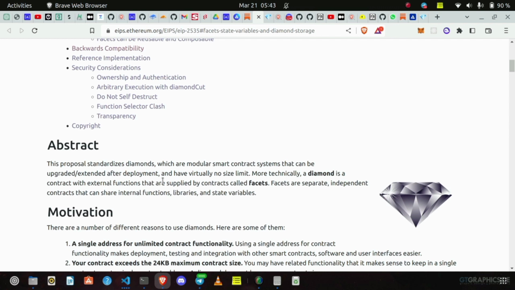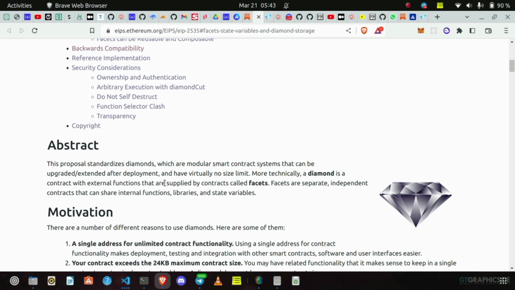You know that the first thing they teach you is that all smart contracts deployed on the blockchain can't be changed, right? But in the advent of the diamond standard, you can upgrade and extend your smart contract